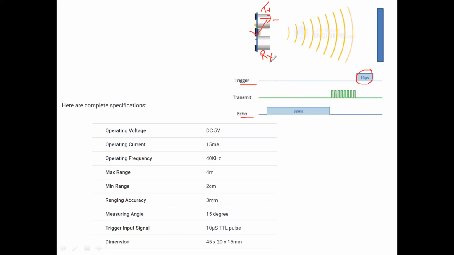You have to generate the 10 microsecond pulse initially. Then automatically a stream of pulses will be generated and transmitted, and it will hit the object within the 400 centimeter range.